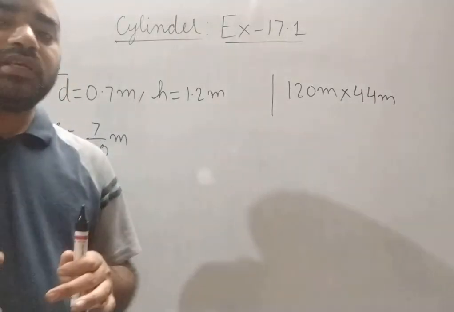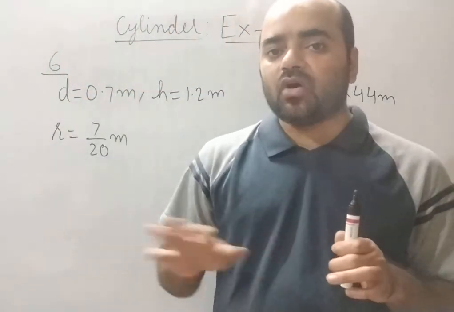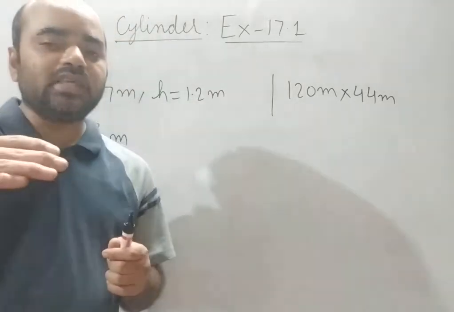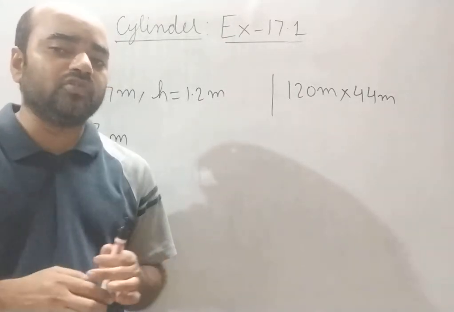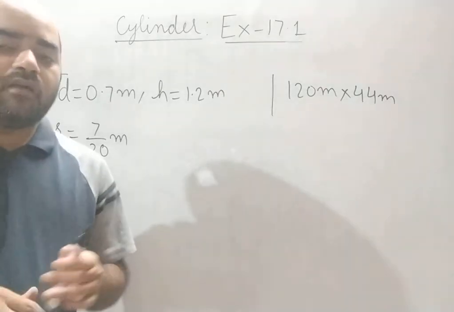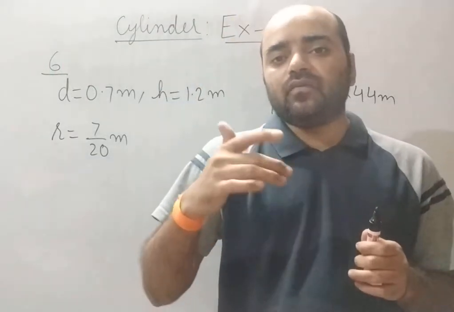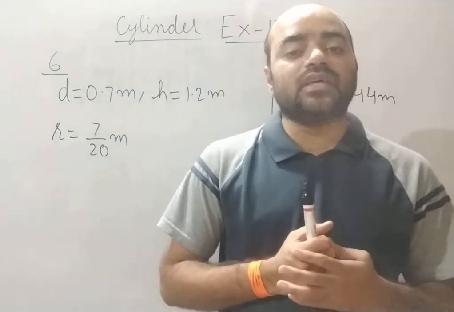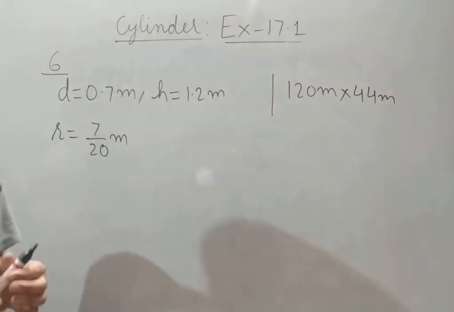See, we know that road roller or roller is used to level any ground or field or park. So the concept is, what is the area that will be leveled in one complete revolution of the roller or cylinder? Can you guess? That will be equal to its curved surface area.